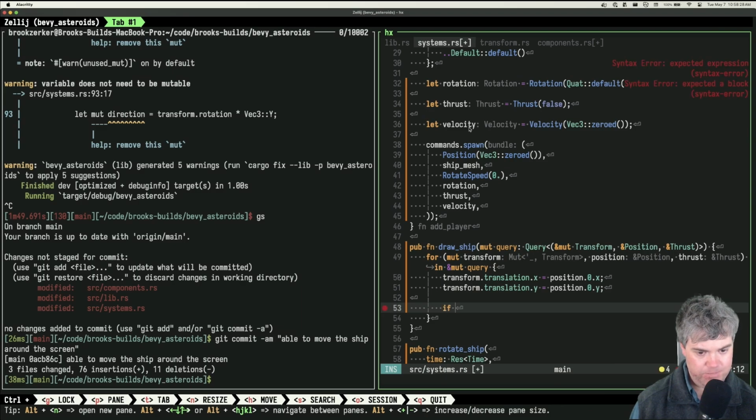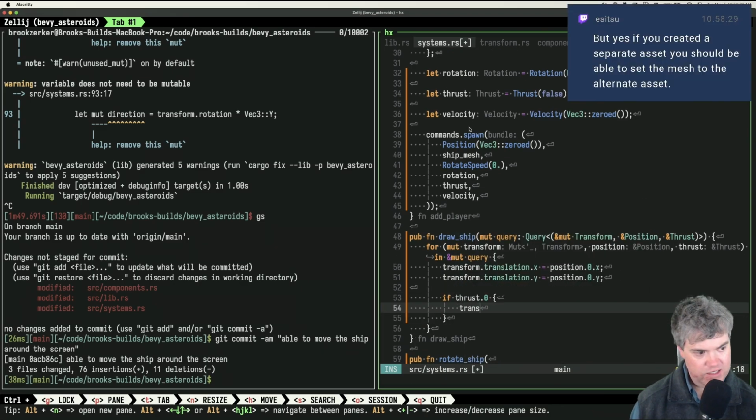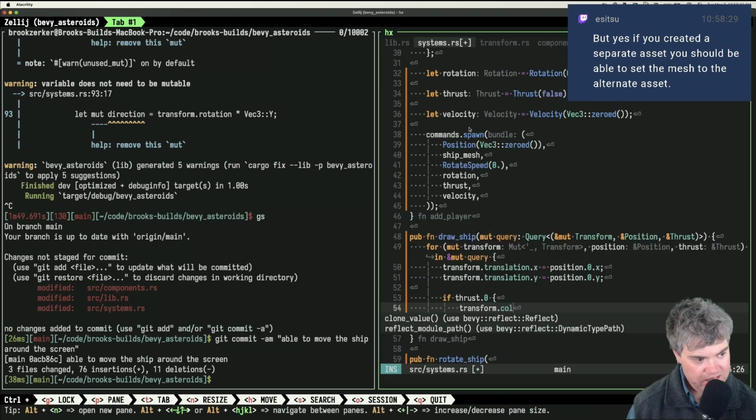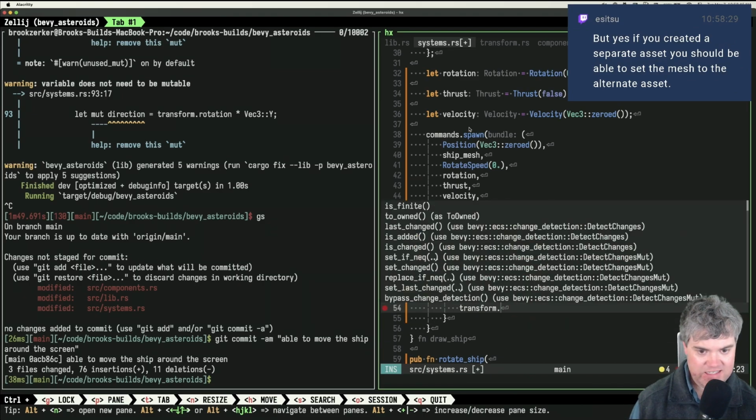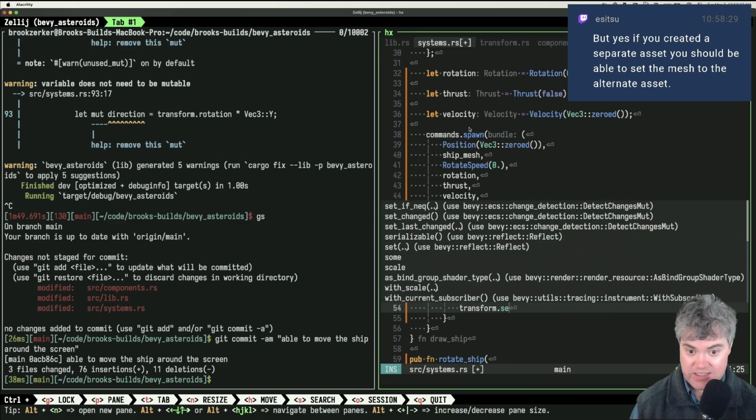Then I want to say if thrust is 0, transform. For this, we're just going to be nice and simple and change the color. How can I change the color? I would assume that off the transform I can do that, right? In other game engines, it was the transform that allowed me to set the color.